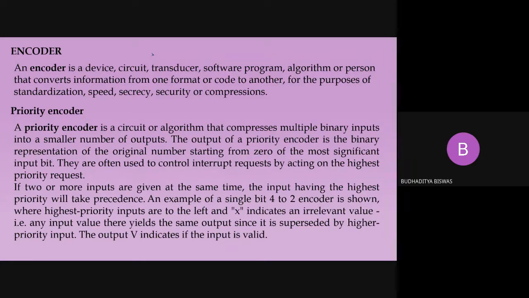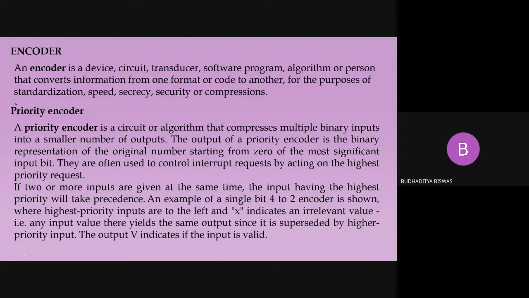Any format. Hello? Yes, sir. Okay, so this thing is called the encoder. Encoder may be anything. Suppose it may be a code converter, it may be an analog to digital converter like this one. So all these things are called the encoder. So encoder is present everywhere. Like I am talking from my mouth, so analog voice is coming, and inside my computer it's converted to digital voice. So some device is there which is converting that analog to digital. So this is one encoder. So whatever the device is, if the device is able to convert one form to another form, and these two forms are totally different, then this device is called the encoder.